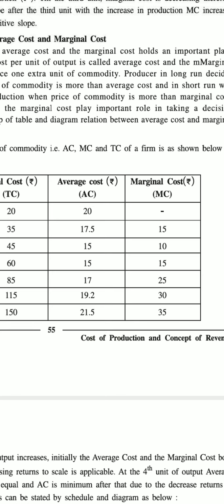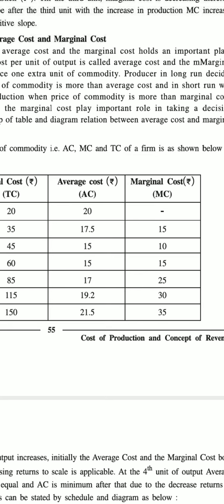If you move further to the next unit, when output is 4, the average cost and the marginal cost are the same. So this is the second stage of the interrelationship, where both the average cost and the marginal cost are equal. After it becomes equal and intersects, you can see that the marginal cost rises and the average cost also rises, but the marginal cost is more than the average cost. You can see 17.25, 19.30 and 21.35.